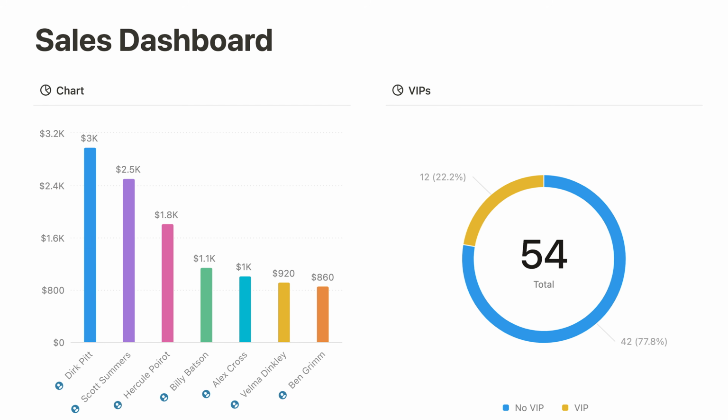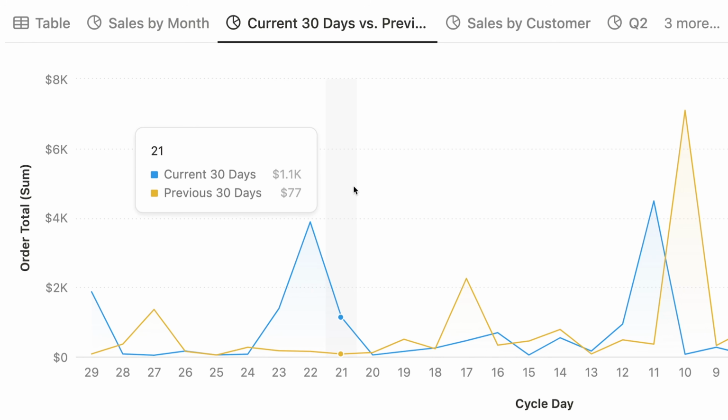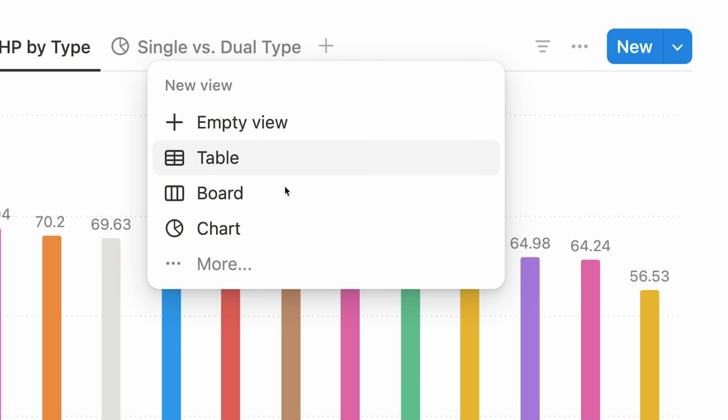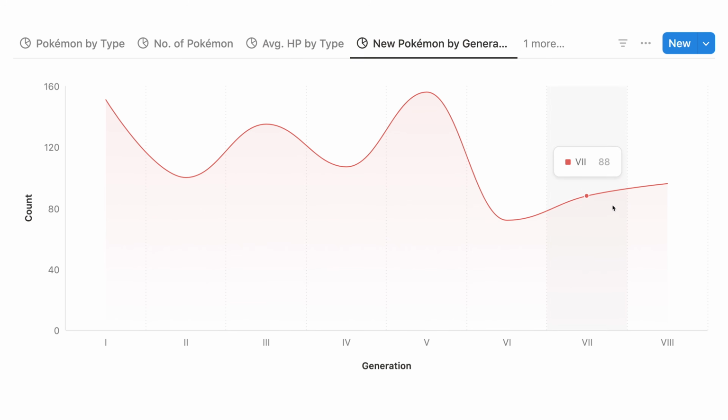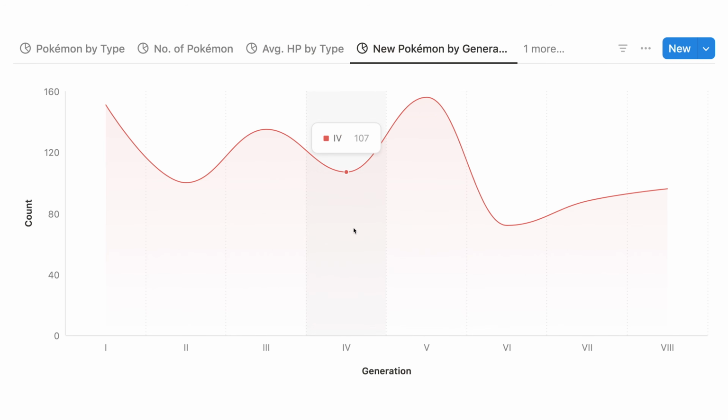It's been a long time coming, but we can finally create native charts inside of Notion. With just a couple of clicks, you can add a chart view to any database, and with charts, we can make some really cool stuff, like this line chart that shows all the Pokemon releases by generation. And we could also create some more useful and practical charts that you could actually use with your team, like